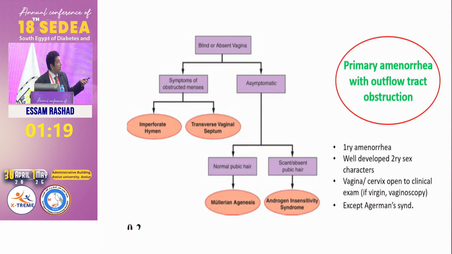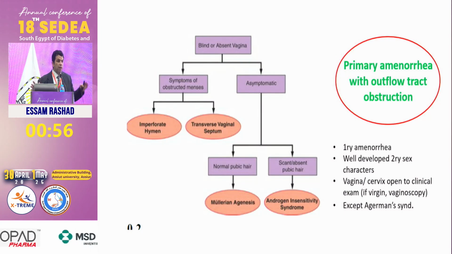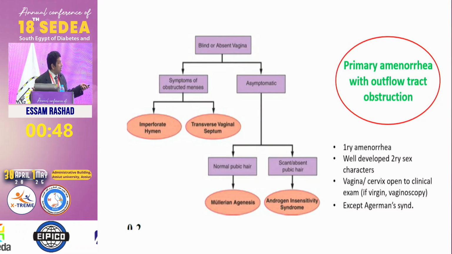If the blind vagina is associated with symptoms, then think of the imperforate hymen. Imperforate hymen is very easy. This is a clinical diagnosis. You can diagnose her on the table. The girl just has a bluish bulging hymen which bulges further with Valsalva. She is amenorrheic, she comes with a cyclic monthly abdominal pain, and then you examine her vulva. You find the hymen bulging, and it is bluish, and it bulges more with Valsalva. This is very, very simple.